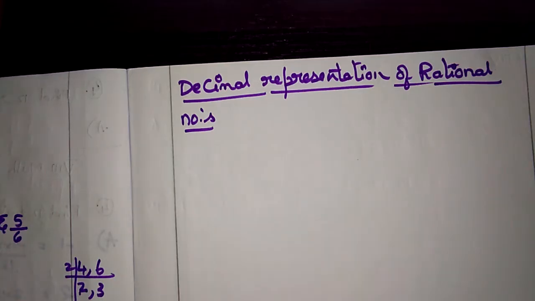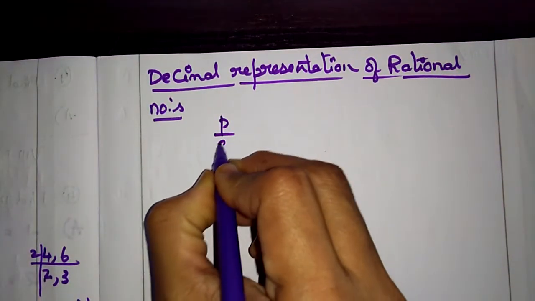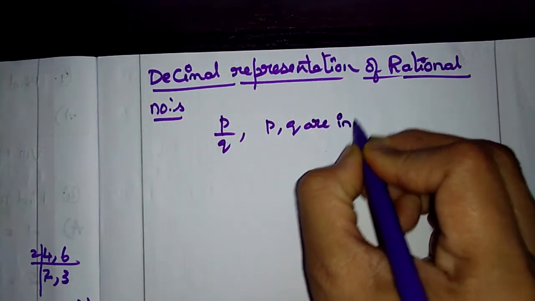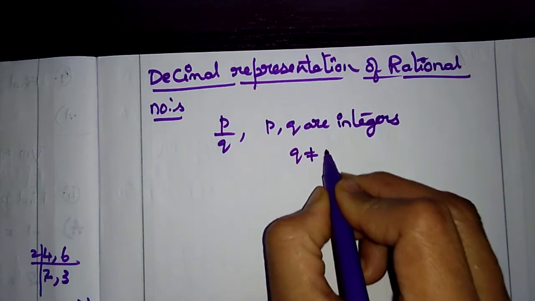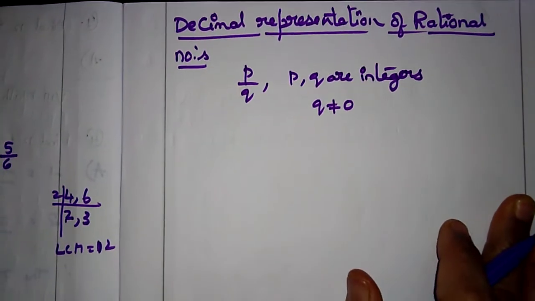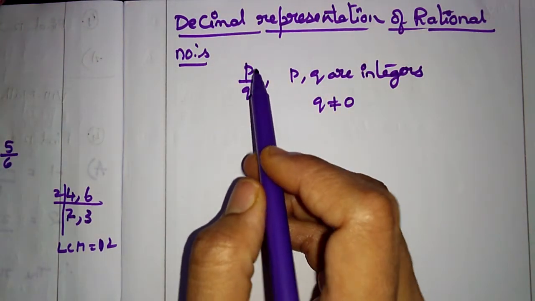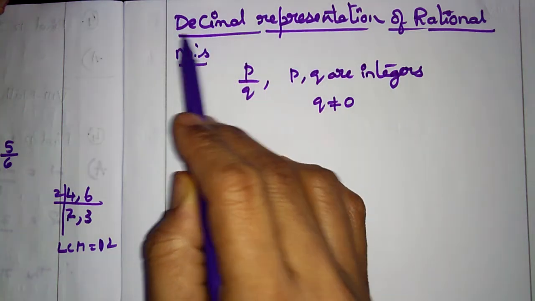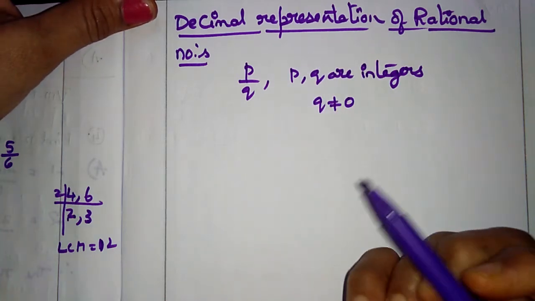Children, the next topic is decimal representation of rational numbers. Children, we know that a rational number is in the form of P by Q, where P and Q are integers and Q is strictly not equal to 0. We know this now, children. So such type of fractions we will now see. Yes, these P by Q can be converted to decimal representation. Okay, decimal form. See, children, there are two types here.